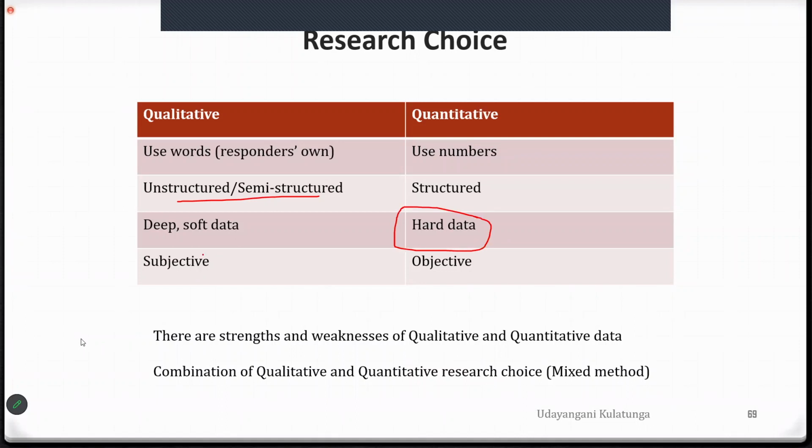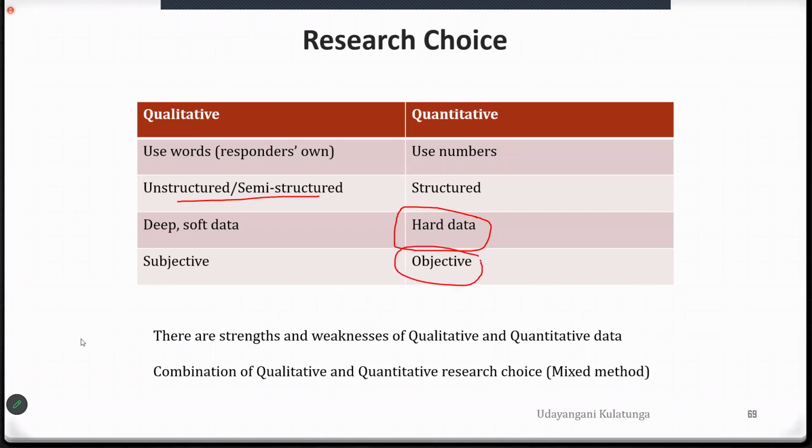So in a qualitative study, the outcome will be subjective because it's going to be based on the opinions of other people, for example. But in a quantitative study, it's going to be objective, right? So likewise,